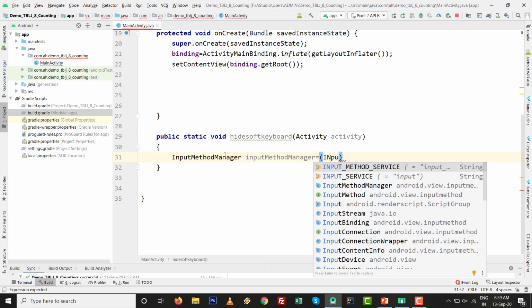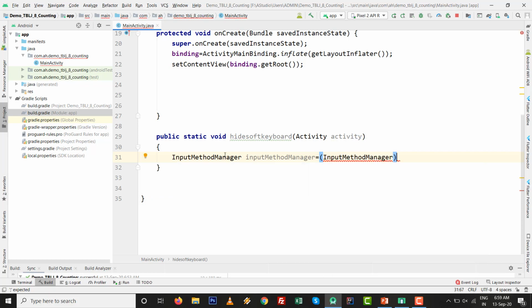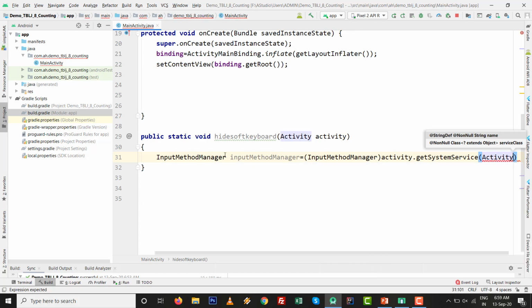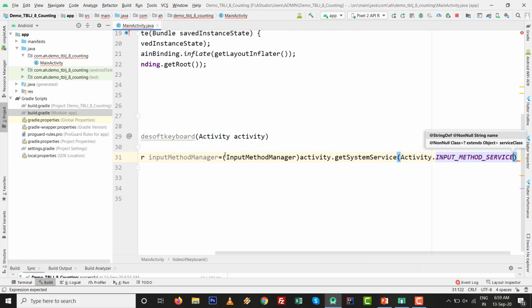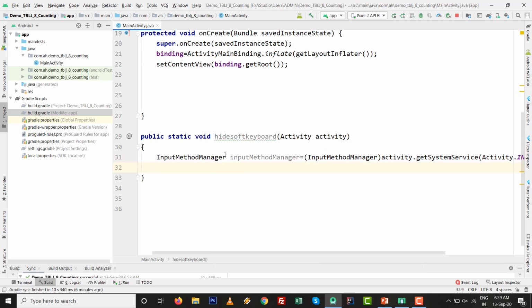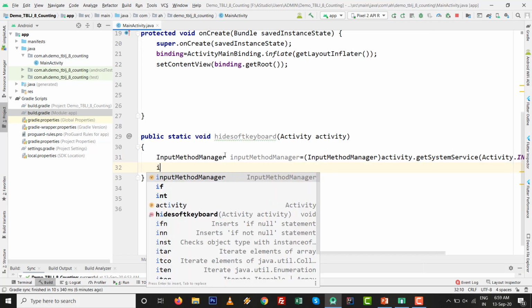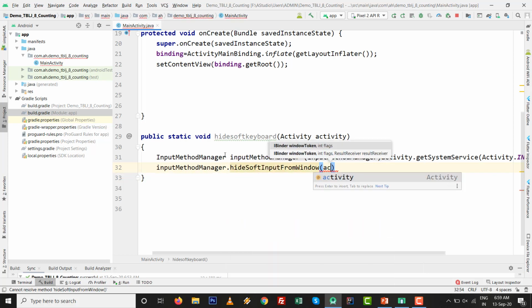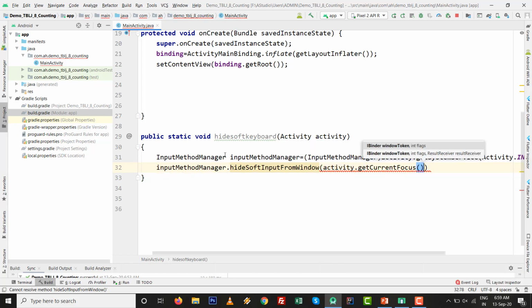So InputMethodManager, and just we need to type activity.getSystemService, and inside that Activity.INPUT_METHOD_SERVICE, press semicolon, and after that just write inputMethodManager.hideSoftInputFromWindow, and inside that activity.getCurrentFocus().getWindowToken(), and for the second parameter is 0.